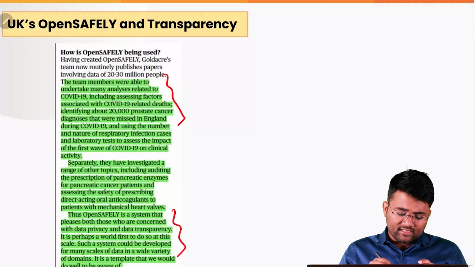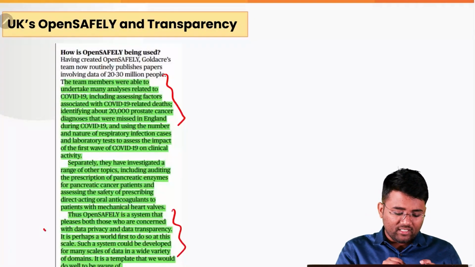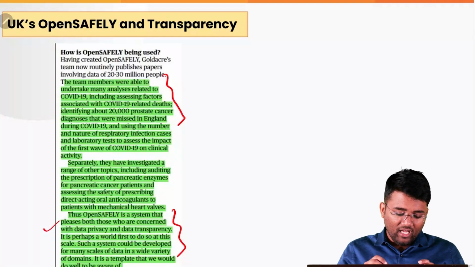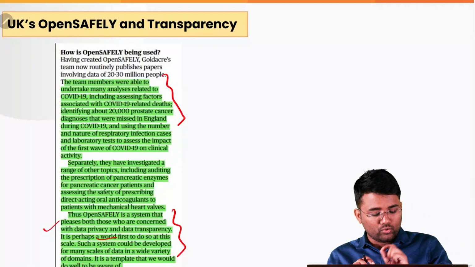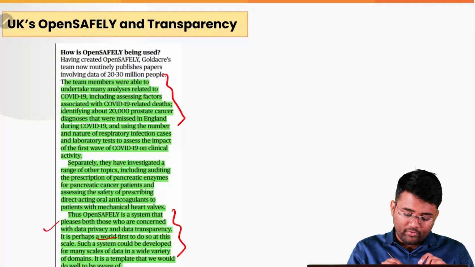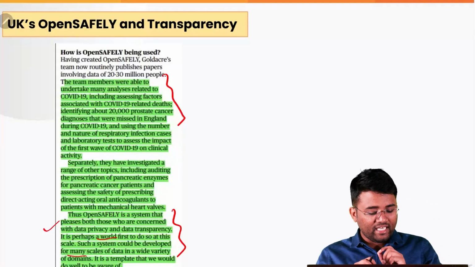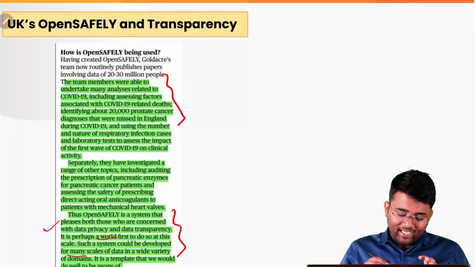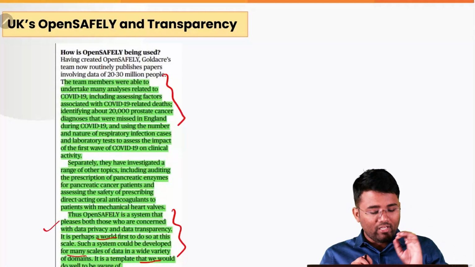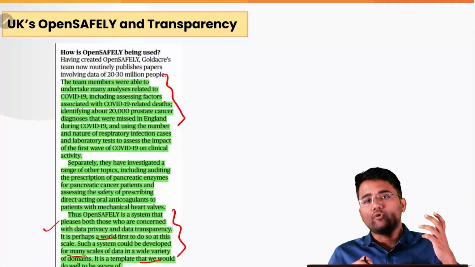Thus, OpenSAFELY is a system that pleases both those who are concerned with data privacy and data transparency, and it is perhaps the world's first to do so at this scale. And such a system could be developed for many scales of data in a wide variety of domains. It is a template that we do well to be aware of and that can be followed in other parts of